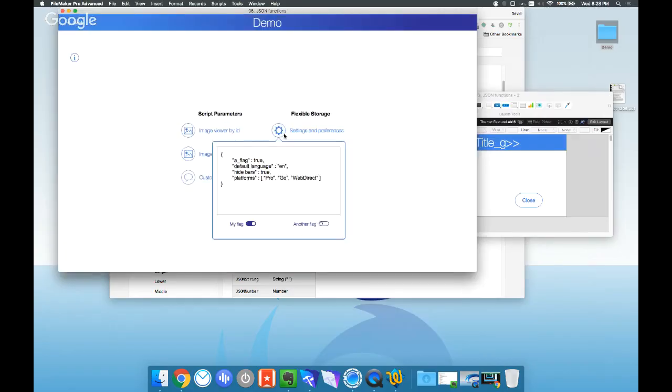Now another use case that they're thinking about for this is using settings as well. So rather than having maybe a whole bunch of fields, you can store all of your user settings in JSON. So here we add a flag here and it just drops it in. Why have records in